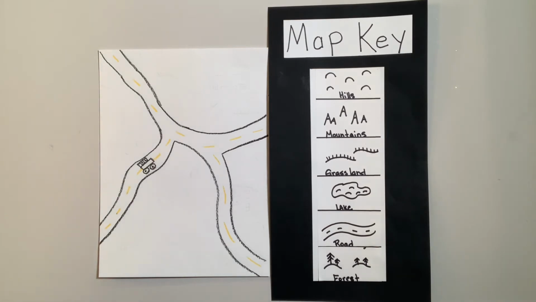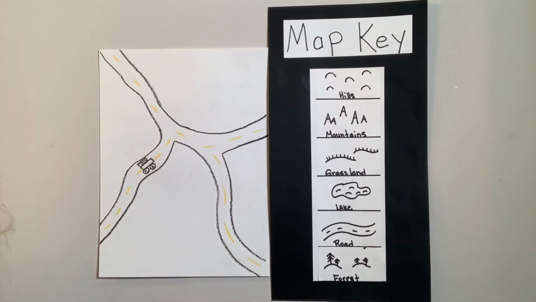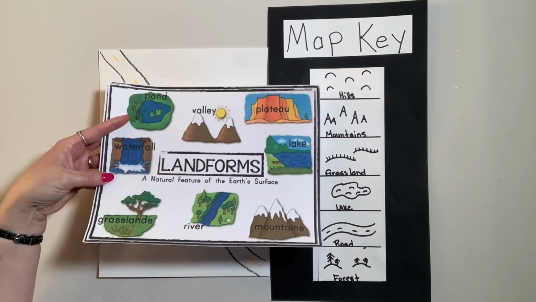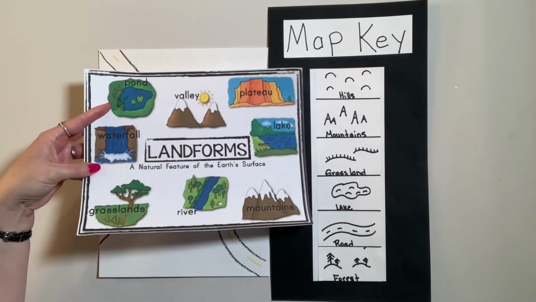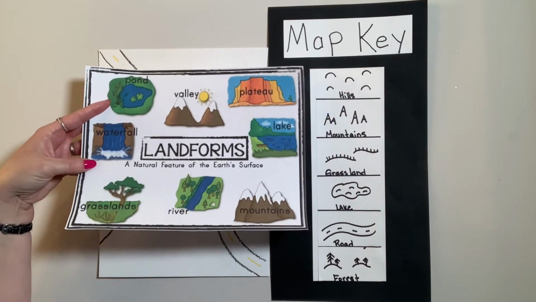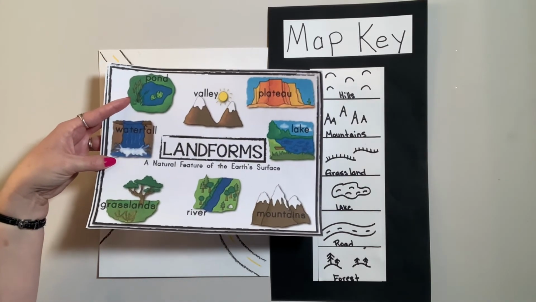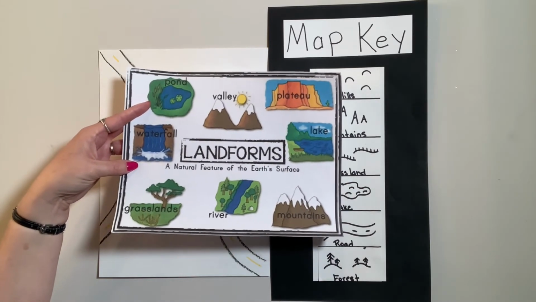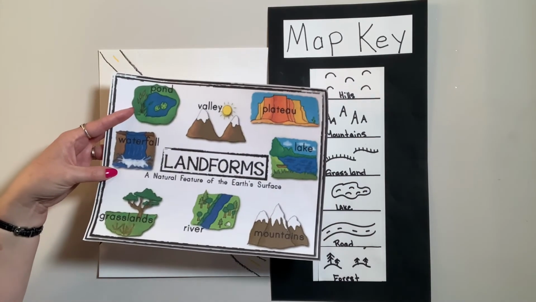All right, let's go back to our map key now. We are going to be using these symbols as we draw our community today. And those symbols happen to be symbols of landforms. Now, landforms are different kinds of land. Sometimes water will wash away soil and it will leave like bumps and holes in the ground. Or sometimes wind will blow really hard and again it'll leave holes and like big hills, big curvy lines on